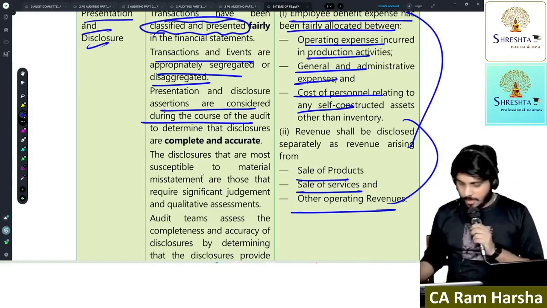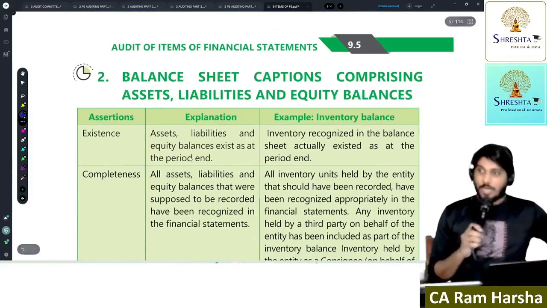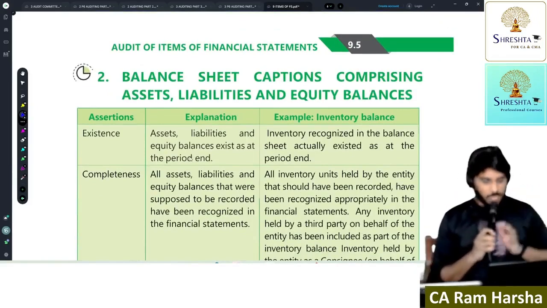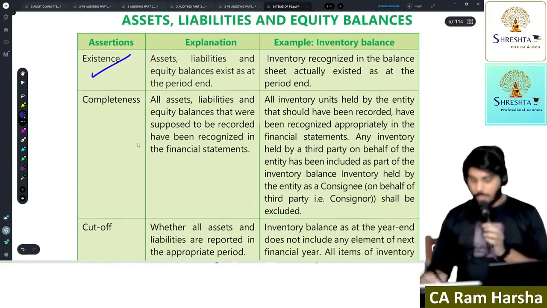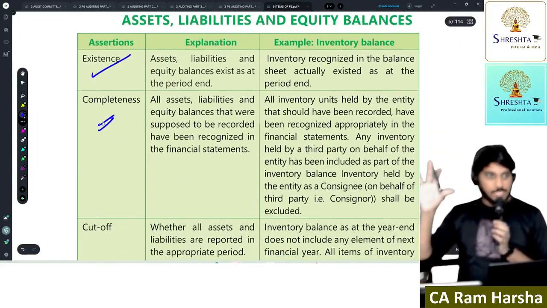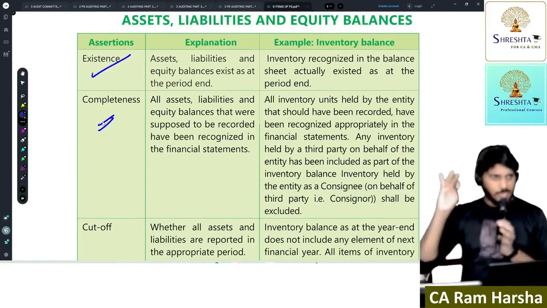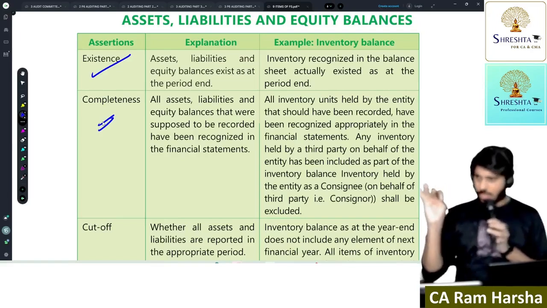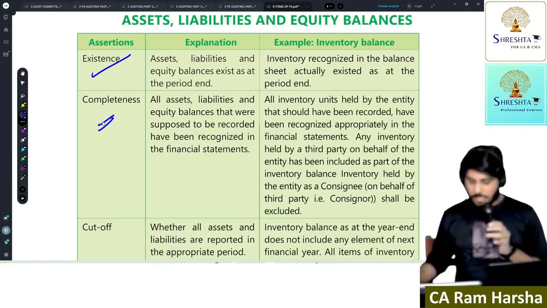How they were classified, how they are presenting, is it misleading? You need to check it out. Understood? Next. Same way, for the balance sheet, what assertions will we check? Mainly, generally, we check existence, whether the asset is physically existing. We check completeness. The company is showing plant and machinery worth 100 crore. Is the complete 100 crore worth of plant and machinery really there physically or not? Our company is indirectly claiming we have totally 100 crore of plant and machinery.